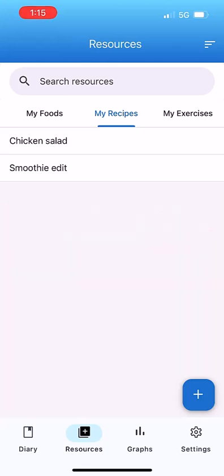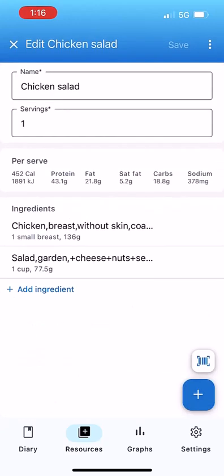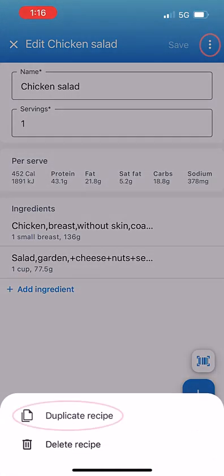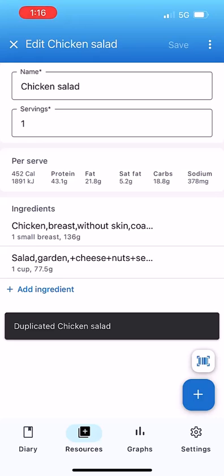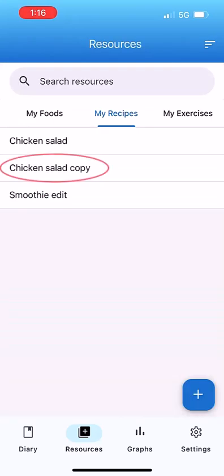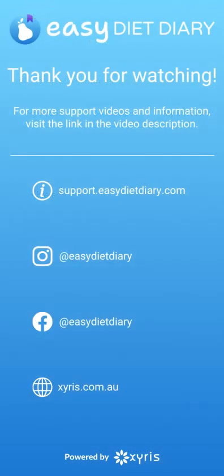To duplicate an existing recipe from your My Recipes list, first tap the recipe you want to duplicate. Then tap the ellipsis, followed by tapping Duplicate Recipe. A new recipe will then be created, which you can find in your My Recipes list with the word copy appended to the name. This brings us to the end of the video about creating custom recipes in Easy Diet